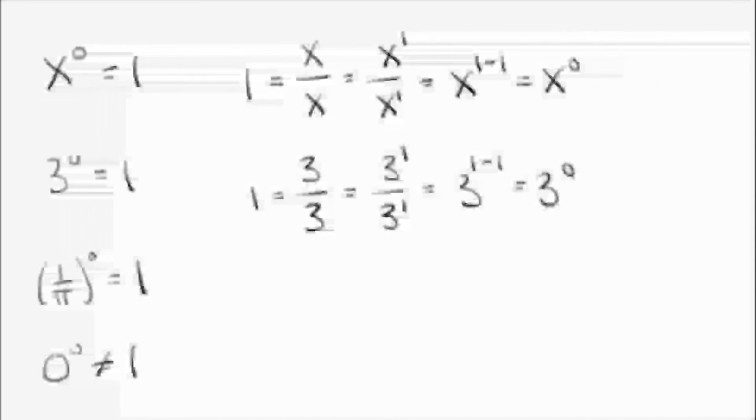So we start out the same. We do 0 over 0. The problem is, you remember from your classes that you cannot divide by 0. So 0 over 0 not only does not equal 1, it doesn't equal any number. It's undefined. So already we're stuck, and we can't